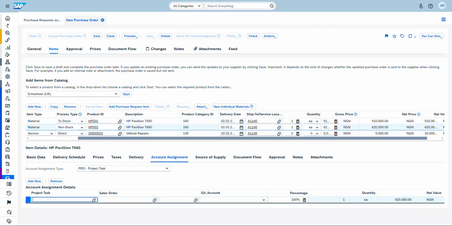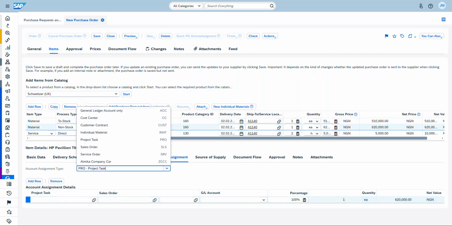Then, if there are sales order documents that you need to link to this document, then you can link them as well. Then, if there is a GL account that you want this to go to directly, because there can be different general ledgers for different project tasks or projects that are ongoing currently. So you can see the quantity and the net value for that. But if it's actually for a cost center, you can have other information like customer contract, individual material, sales order, service order, and probably other account assignments that you can think of,